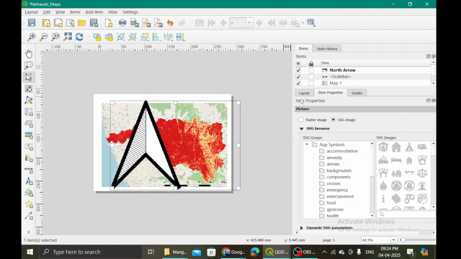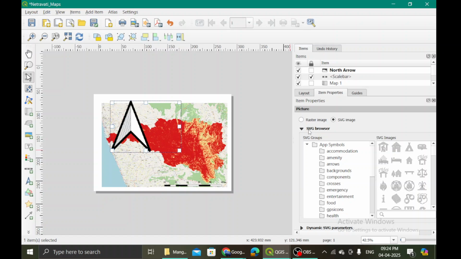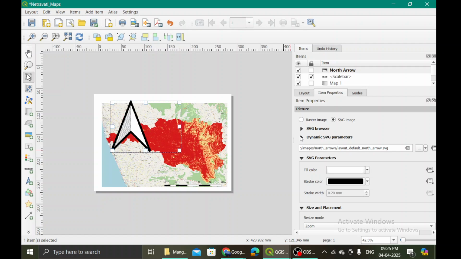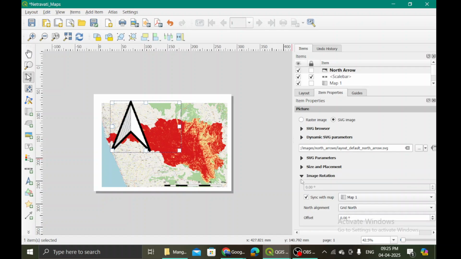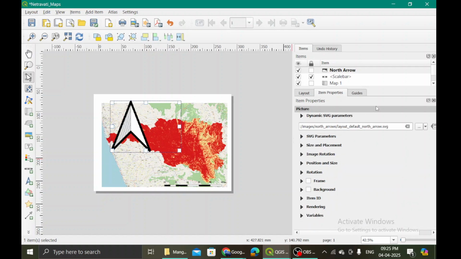Often it might so happen that your map might just keep moving here and there. So if you want to lock it, you can lock it over here. Anything that you want to lock. I will keep my map for now open, unlocked, but then the scale bar I wish to lock it. Okay. So within this SVG browser, for this north arrow, you can go to item properties, and this is where you will see again different types of options, and preferably just minimize them, or otherwise they will fool you around, because there will be many things that you will see on your screen and you don't really know where you have to go to.